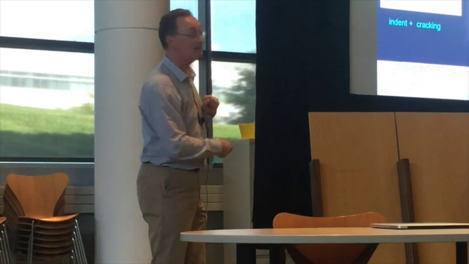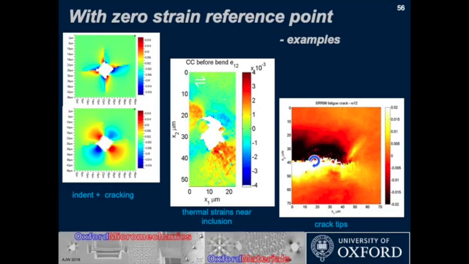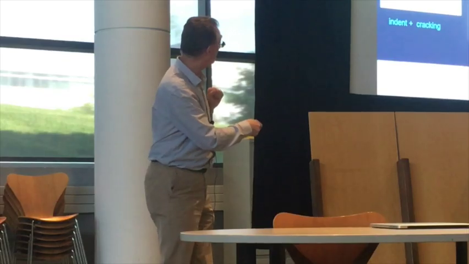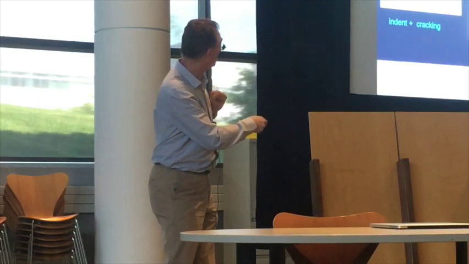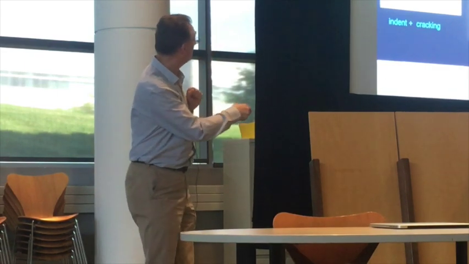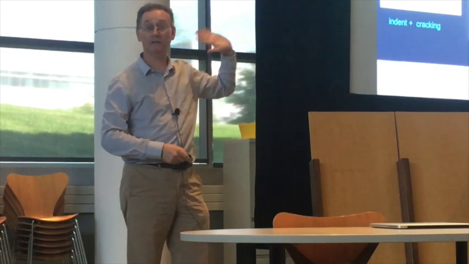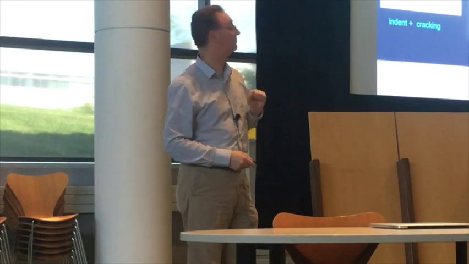With a situation like my indent, I made my reference pattern out here in a corner, where I'm far from any strain. And so I can make the assumption that at that reference point, the lattice is undistorted, unstressed. That works fine here. This is looking at thermal strains around an inclusion of carbide in the superalloy. If I take my reference point far enough away, it's fine, it's just driven by the thermal expansion of this